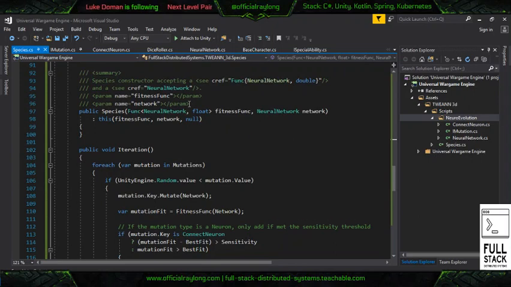We have another species constructor just in case we're not going to pass in any mutations. That might be a valid scenario. We actually do have a valid scenario that we'll talk about later, but we